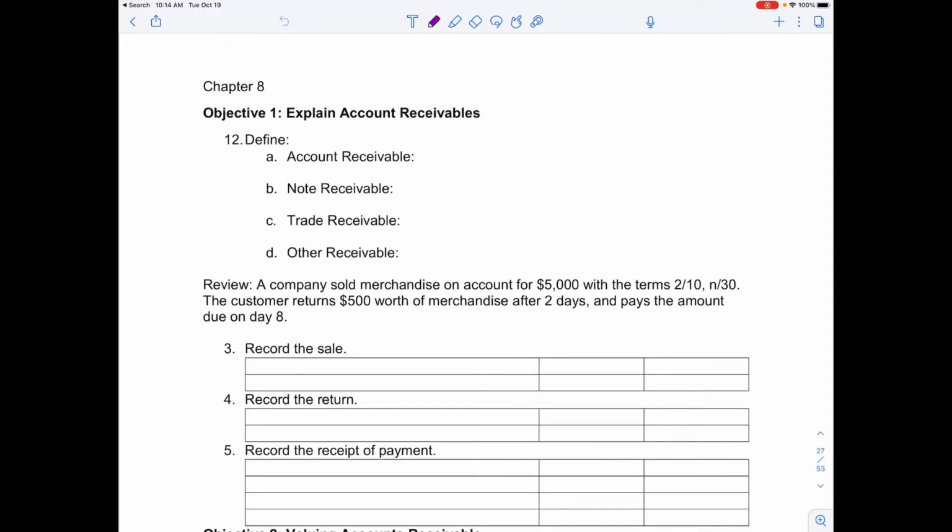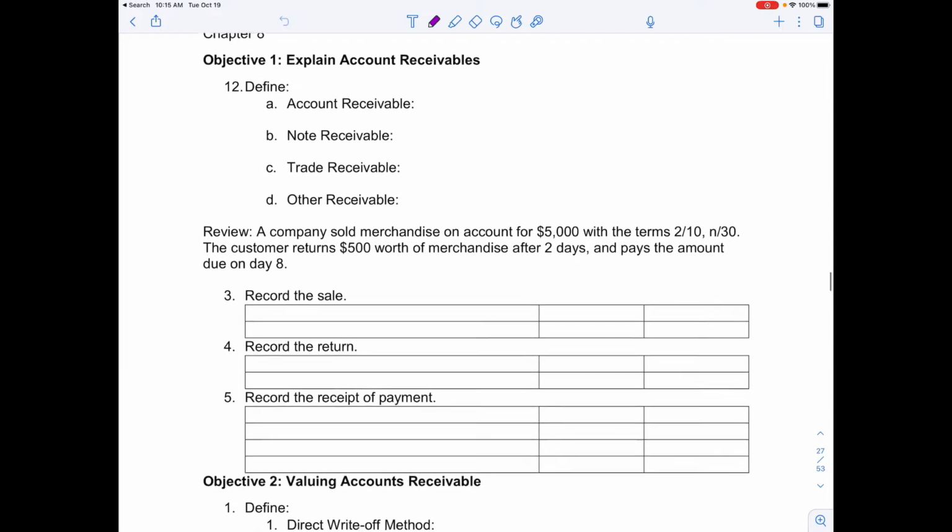In this chapter, we're going to take a deeper dive into accounts receivable and look at some other features of this account. First of all, we're going to go into accounts receivable, which we have a review of, a note receivable, the difference between those two, and then we're going to talk a little bit about other receivables, such as a trade receivable or these other receivables. So make sure you go through, really define what each of these mean to you so that you'll understand the